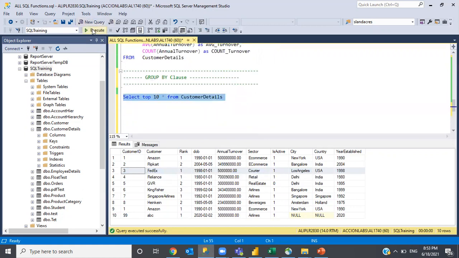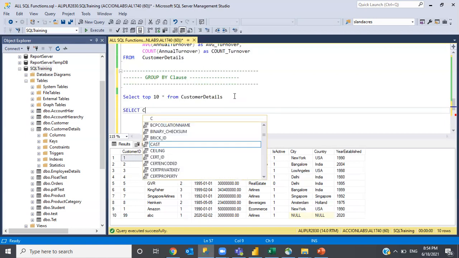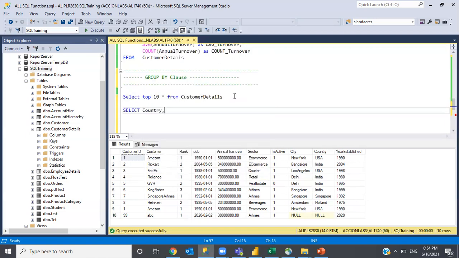As you see here, we have multiple columns. Let me write here: I want to group this sum based on country. So I take the country column, and then I need the sum of this annual turnover. As always, try to give the alias name. Don't leave any column as it is. Select from